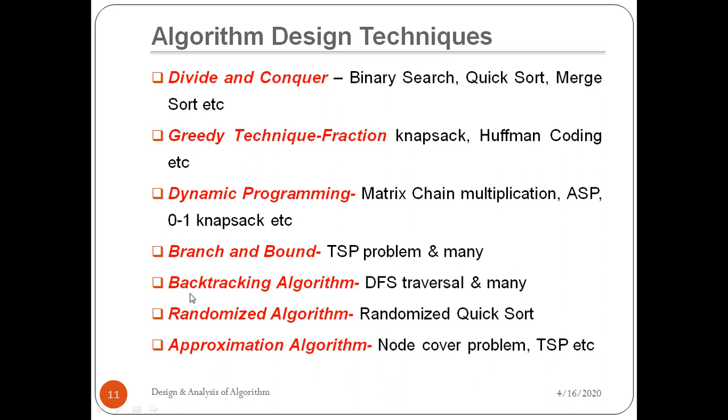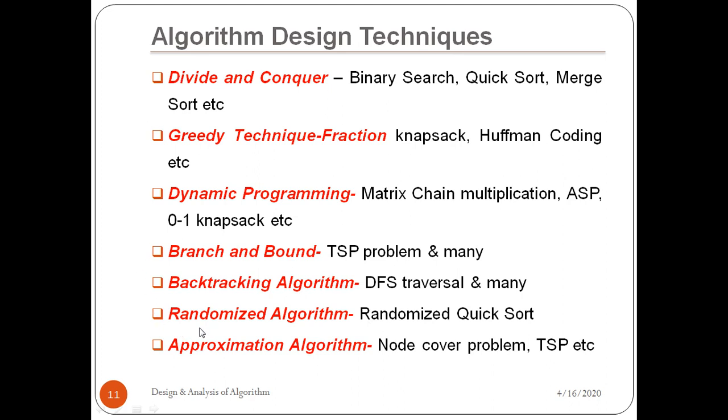The next technique is the backtracking algorithm. In backtracking, we start from a single point, but from that single point we have many possible directions to get to our final destination, right? So we opt for any of the paths, but at some point we realize that that path is not good for us, or may not lead us to the optimized solution. So again we retrace back to our original position. That is called the backtracking algorithm. Here we will see the DFS algorithm and many more algorithms. All these things I have already discussed in my class, right?